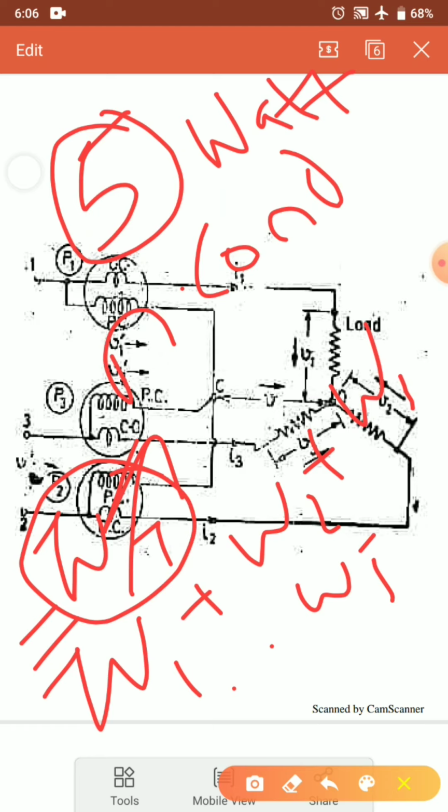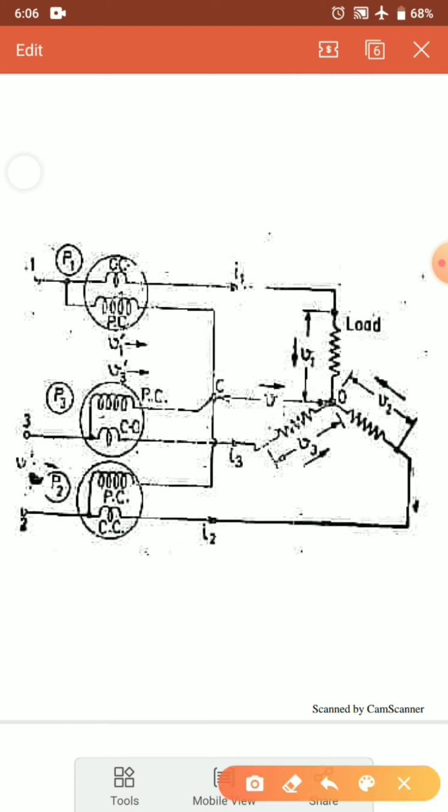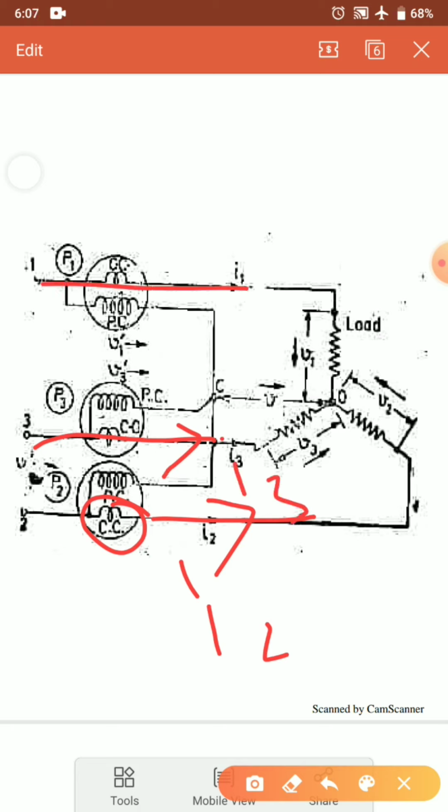For that arrangement, all the current elements of such wattmeters should be connected to a single line. For example, the current element of the first wattmeter is connected to the first line, and the current element of the second is connected to the second line. The current elements should be connected to all the lines. Here we can see that all the current elements are connected to the lines, and in between there is a common point,